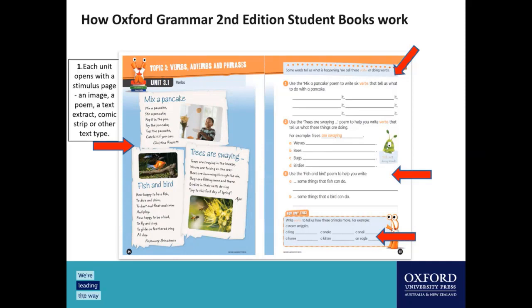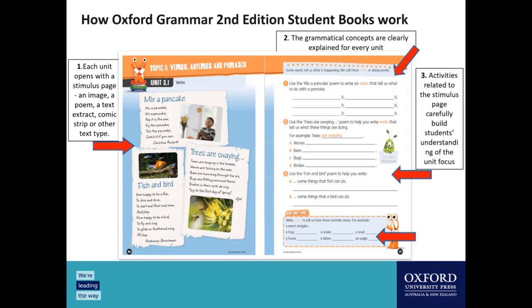each unit opens with that stimulus page, so an image, a poem, a text, an extract, comic strip, or other text types, narratives, procedurals, expositions, and so on. And that's where we read together with our students. Teachers read with their students, and it's a nice introduction. And that stimulus is then used to focus in on the grammatical concept, which is clearly explained for every unit. As you can see number 2 here,